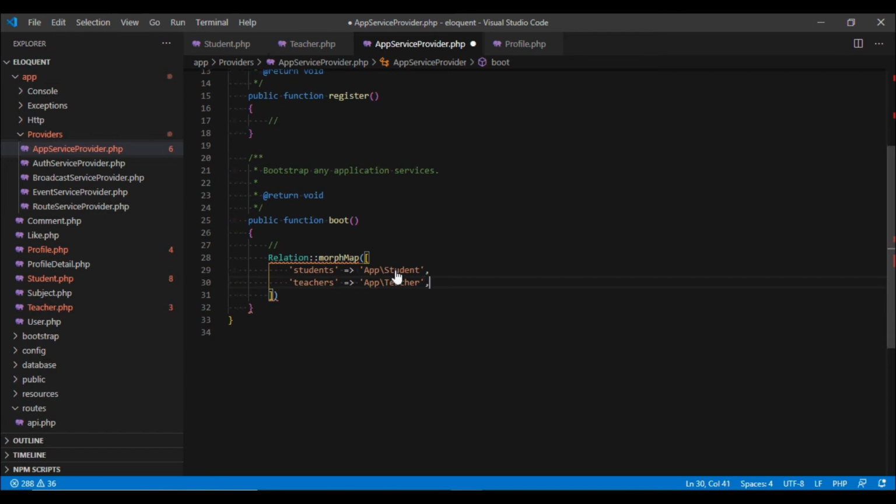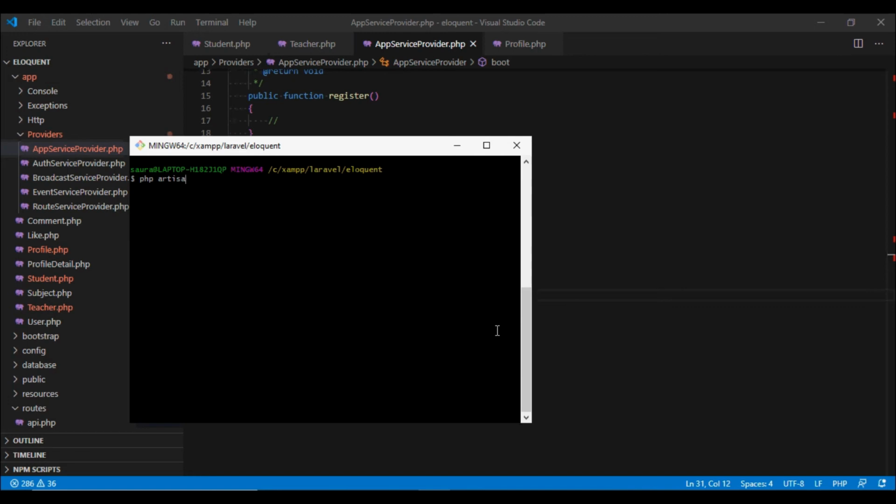Now let's go to Tinker and try this again. I'm going to truncate all the rows in the profile table, and now we can insert the data again. We are going to fetch a student, and we are going to create a profile for this student.